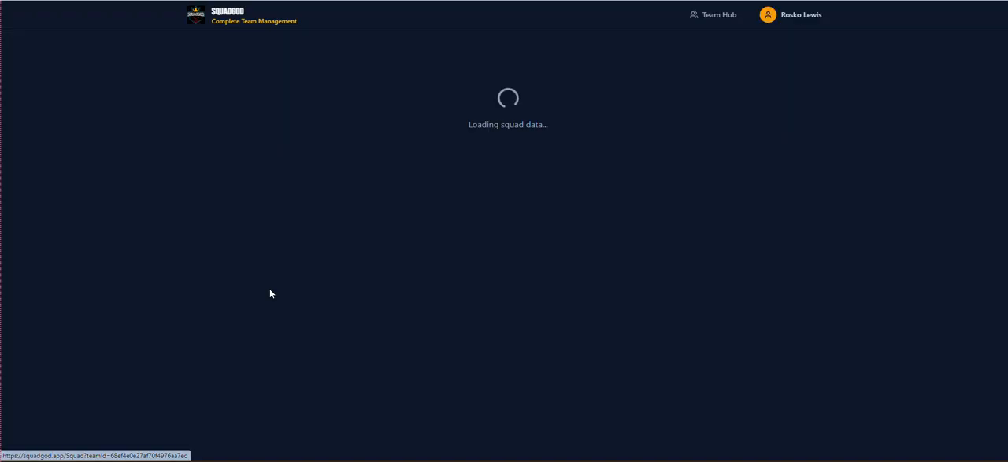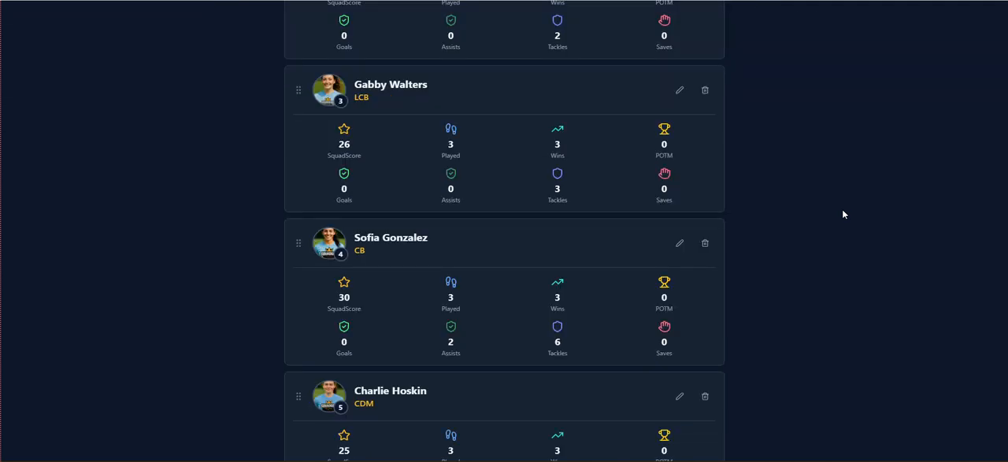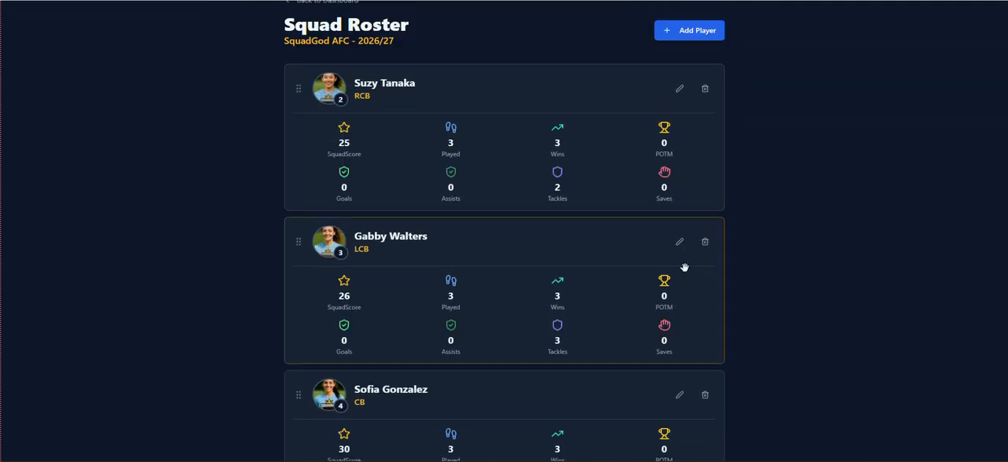So let's go to squad. You add player here, and as you can see, I've already built out my squad. They've all played 3 games, so you can see played 3, won 3. Player of the matches, goals, assists, tackles, which we record as just nothing too insignificant in the tackle genre. Basically, if they've